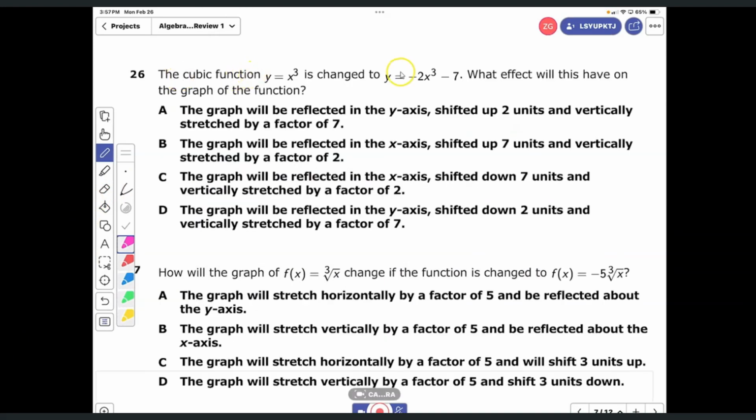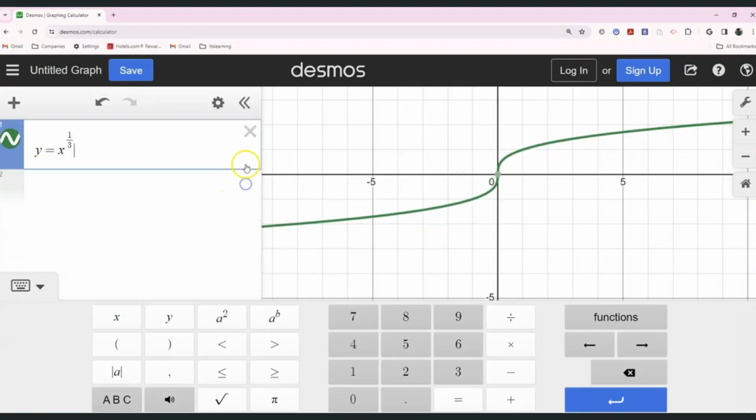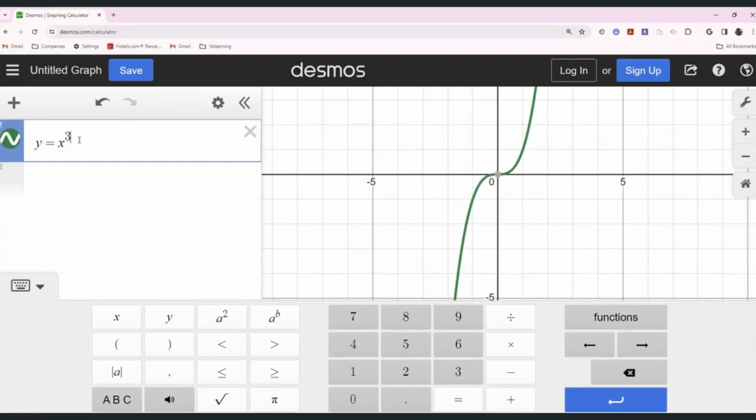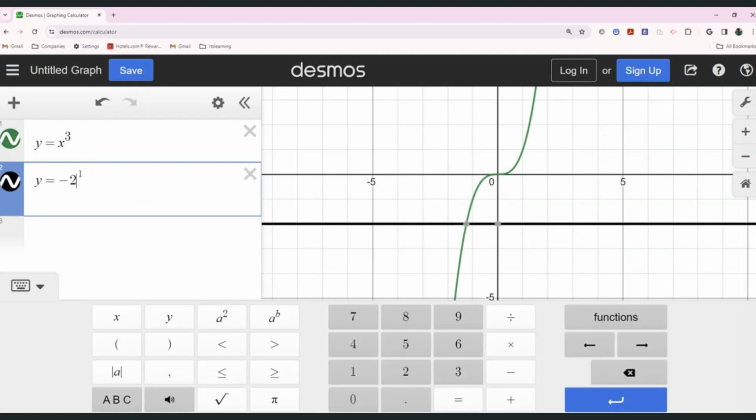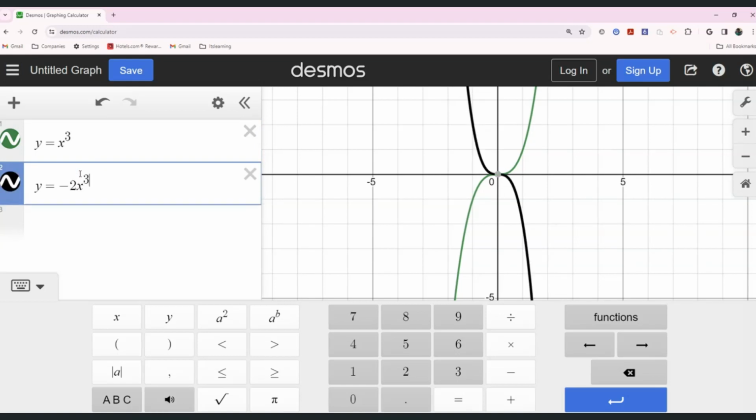The cubic function is changed to y equals negative 2x cubed minus 7. What effect will this have on the graph? So I'm going to go ahead and get Desmos over here. It's not a cube root, it's a cube, so there's the parent function. So I have y equals negative 2x to the 3rd power